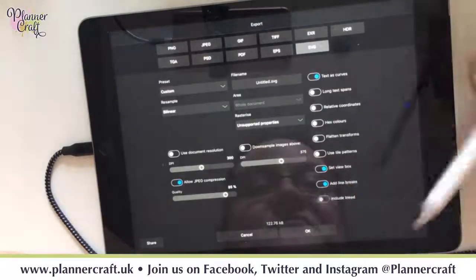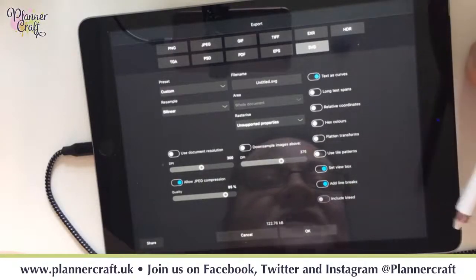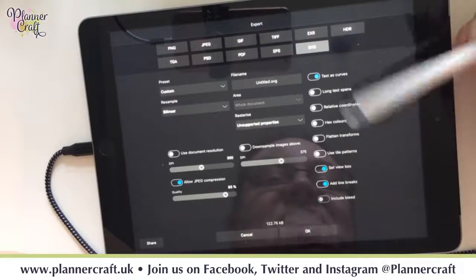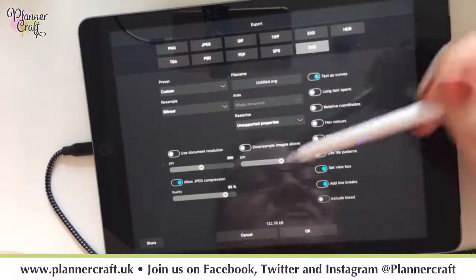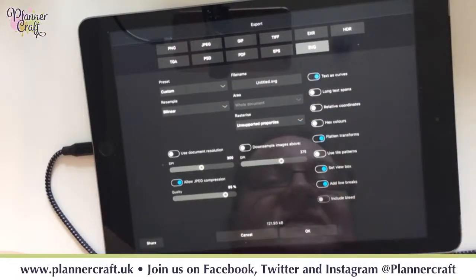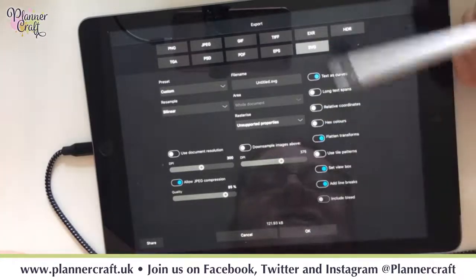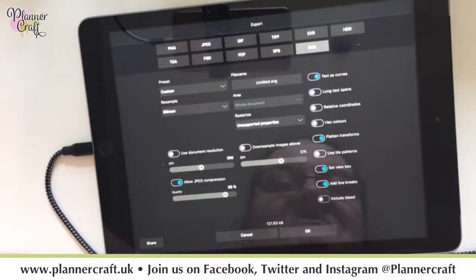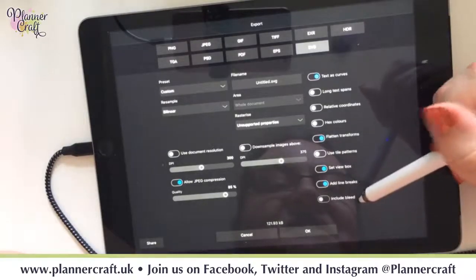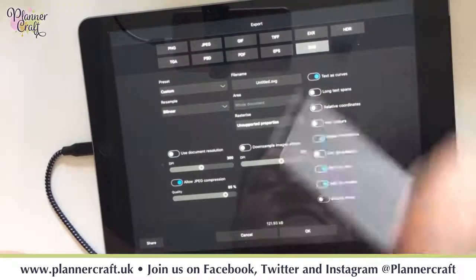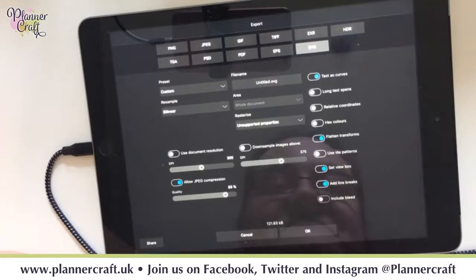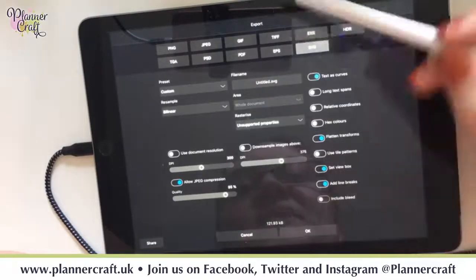You can flatten transforms as well. So remember how I was saying about the corner rounder? That's a good one to have in there if you haven't done your convert to curves after you've rounded your corners. So a lot of these will kind of catch your mistakes. So don't worry too much about making a mistake. Include bleed you're probably never going to use in SVG, so don't worry about it, which is why it's greyed out. If we switch to say something like a PDF,